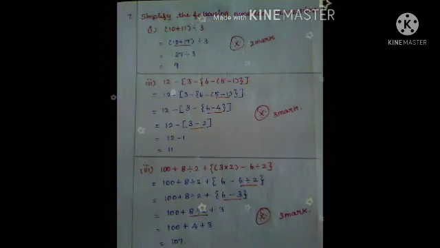Okay, in that sum they have more brackets, so first you want to see the innermost bracket only. Here the innermost bracket is 5 minus 1. First you want to complete that. Next you want to complete the 6 minus 4. Next, 3 minus 2. And then last we want to do the normal subtraction only.